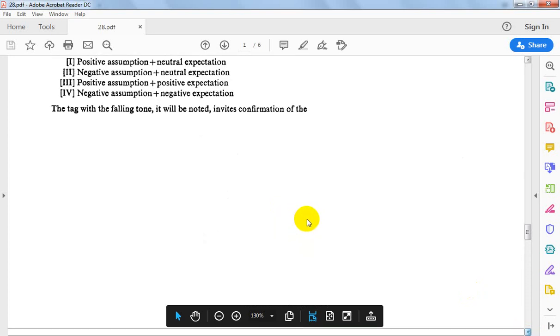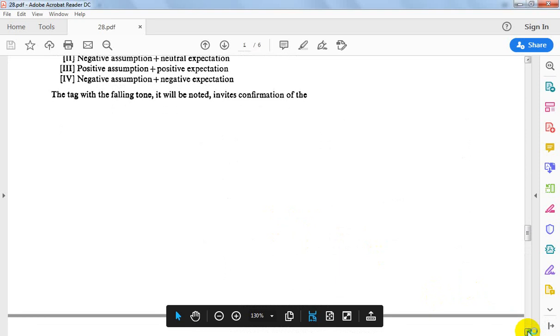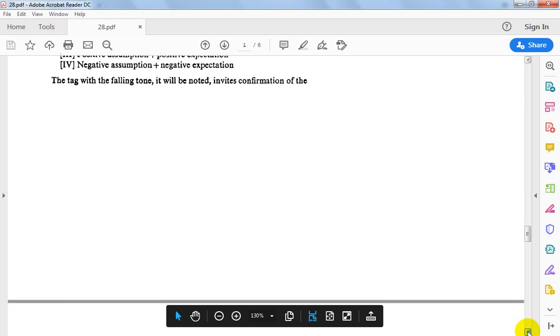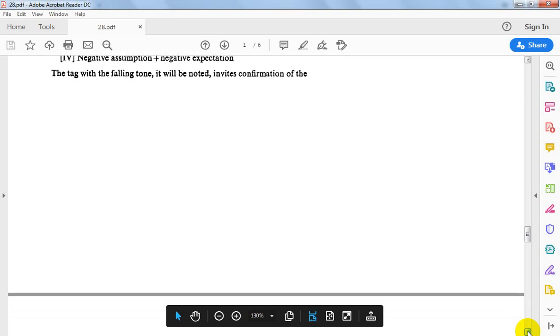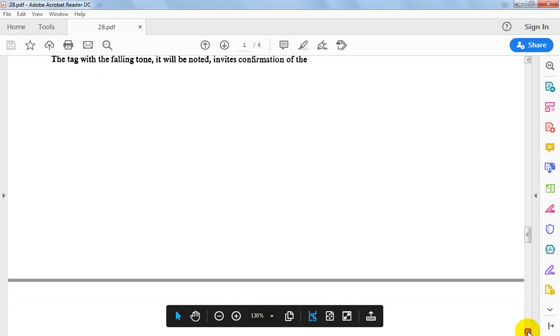Among less common types of tag question, one may be mentioned in which both statement and the question are positive. Your car is outside, is it? You have had an accident, have you? Okay, when you just say it, you will understand that I am questioning you. Okay, now I know the answer.